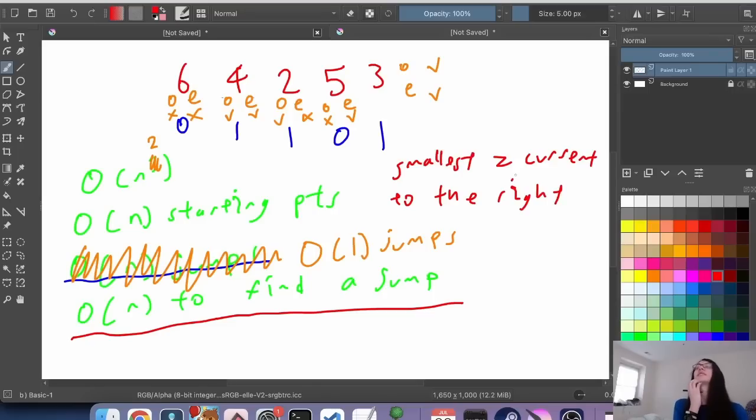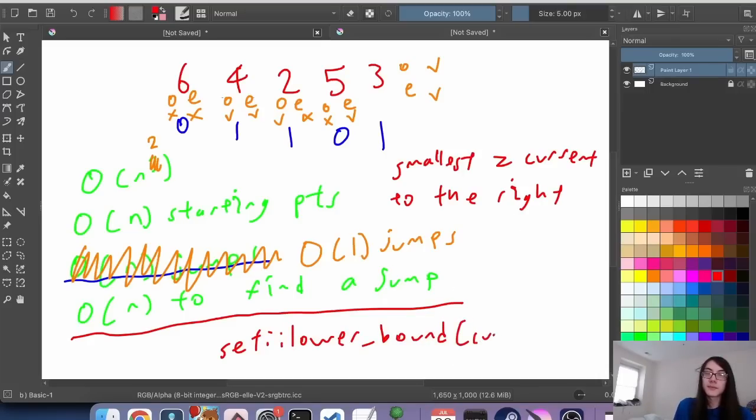Now, C++ has this very convenient feature called a set. And the set has a function called lower bound, which will find exactly that. If we ask for the lower bound of the value of current, it will find the smallest value in the set that's greater than or equal to current. So if we could have all of the elements that are to the right inside the set,